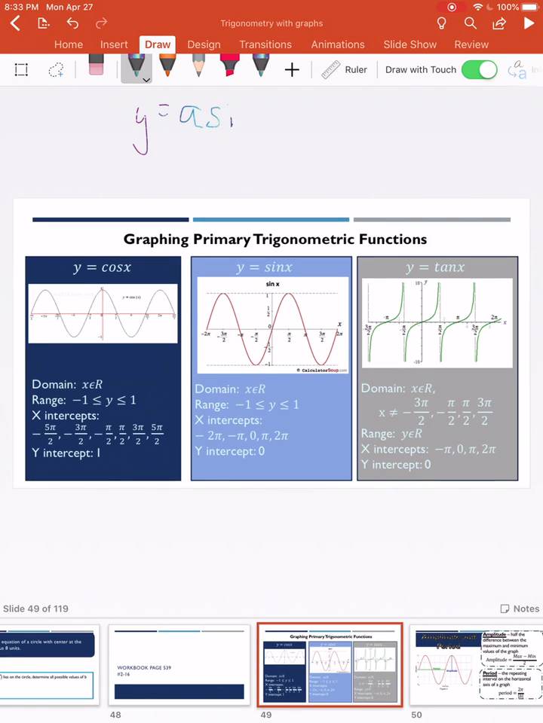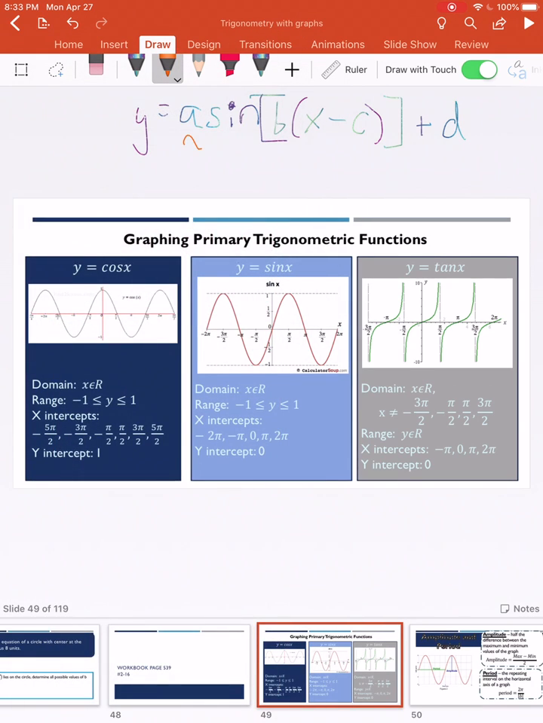It's y equals a sine b x minus c plus d. And then it's the same for the cosine. All right, and some words we're going to be using